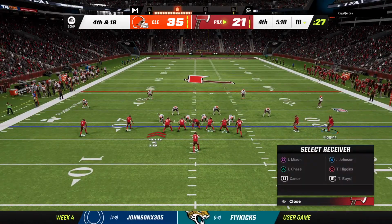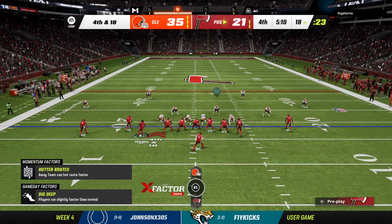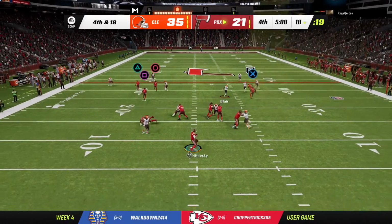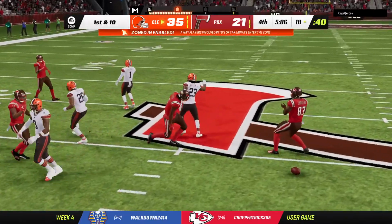They'll bring a receiver in motion left. As expected, they're going for it to keep the drive alive. And it's incomplete. They cannot